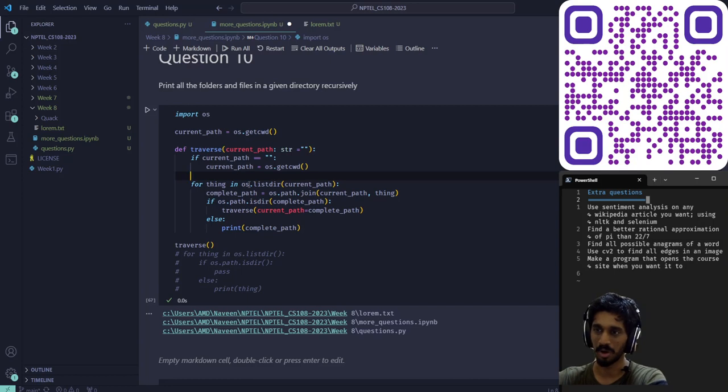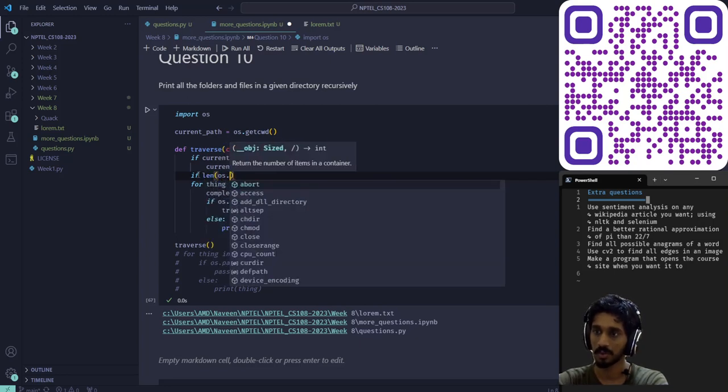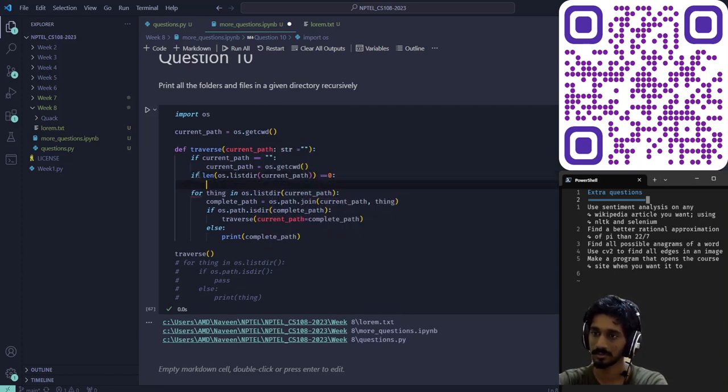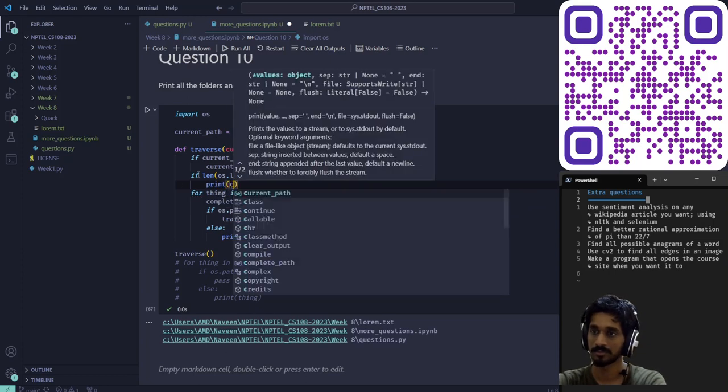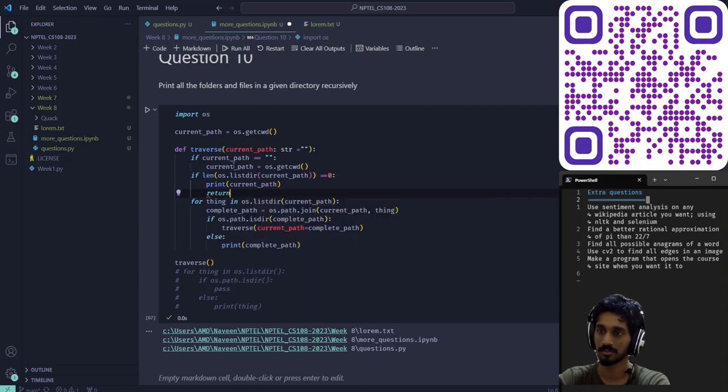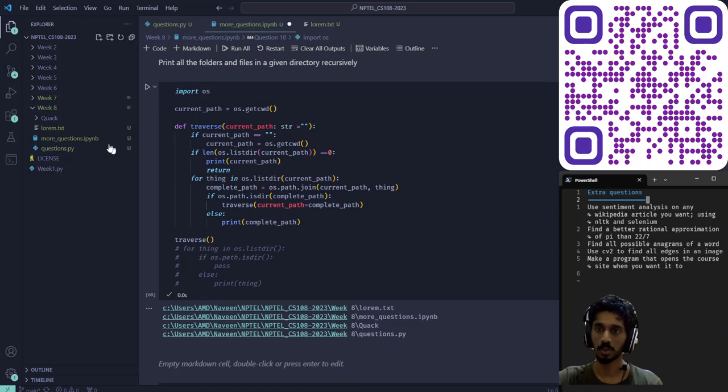So there's a small edge case I hadn't considered. A folder can be empty, and if a folder is empty, then it won't go in this loop. So I just have to consider that case also. If len of os.listdir, there you go. So if I add files into Quack,